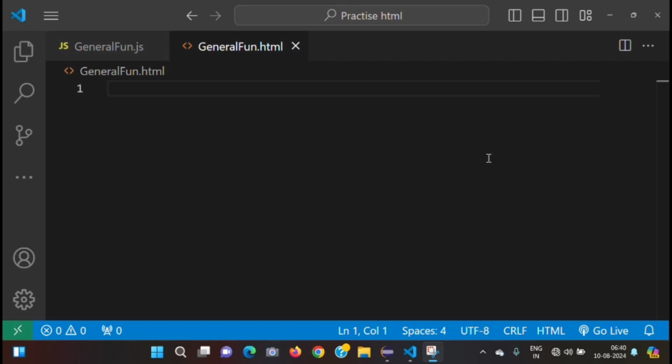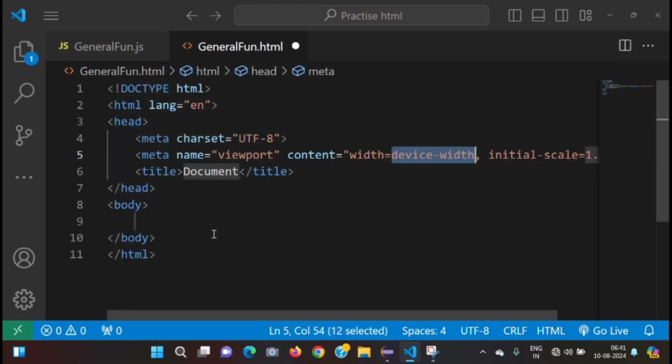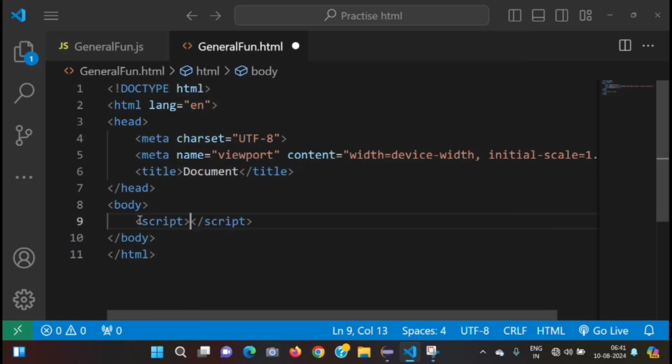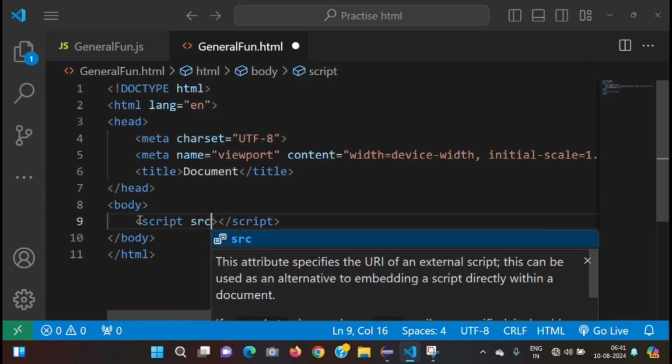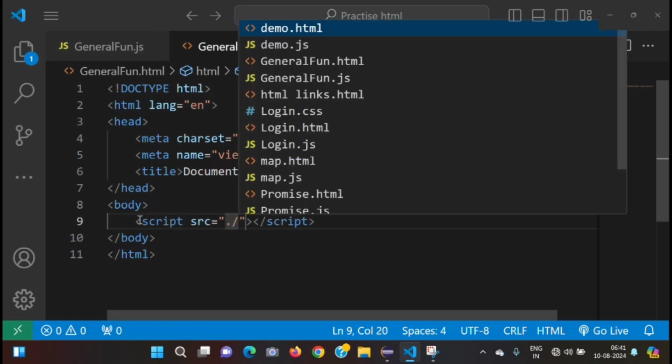Now, I created one HTML file and one JavaScript file. I hope you guys are seeing these two files, right? You are able to see, right? In the HTML file, I'm going to type this structure of the HTML and link the script, that is the JS file, using the script tag. Now, observe here, using the source attribute, I have to link the